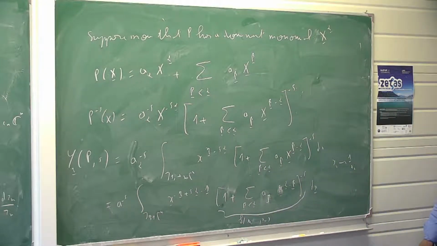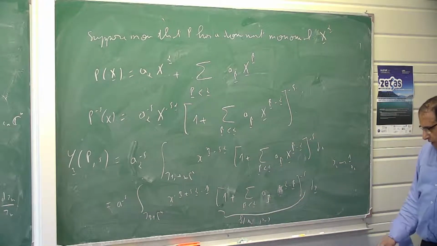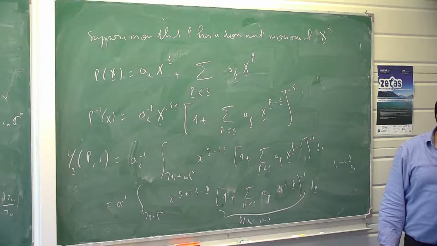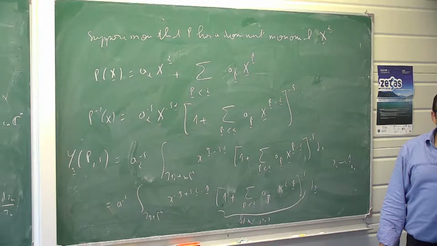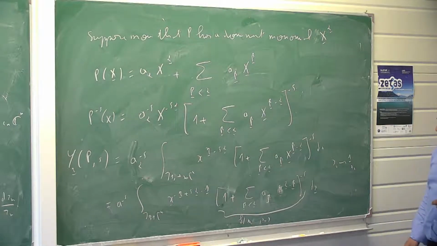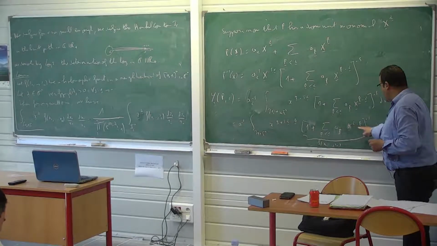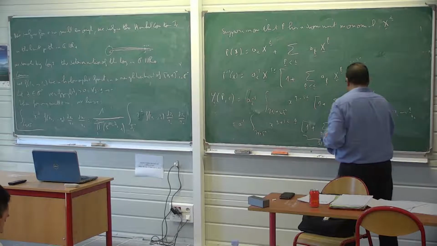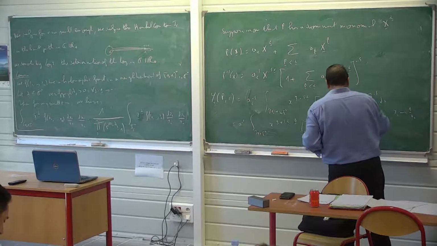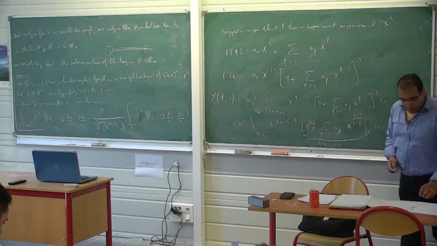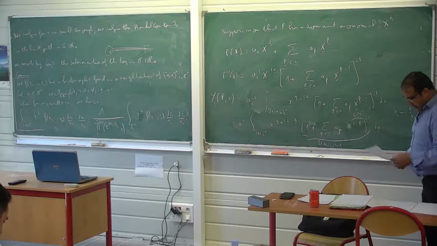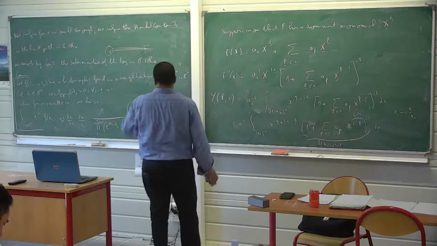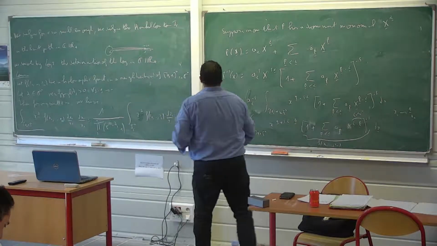And this function extends holomorphically to a neighborhood of the box [0,1]^n, because all these exponents are positive. So you can use this lemma. And by using this lemma, we obtain that